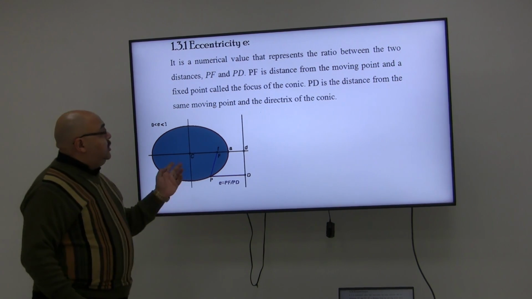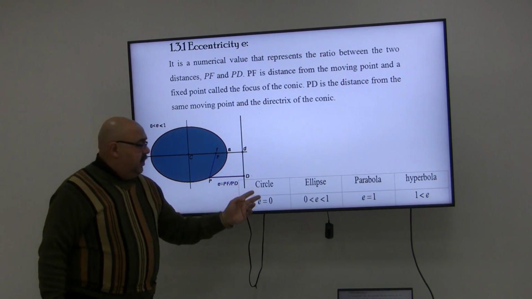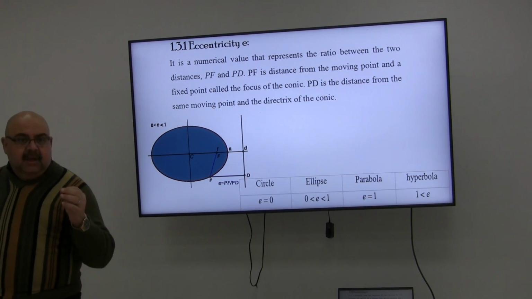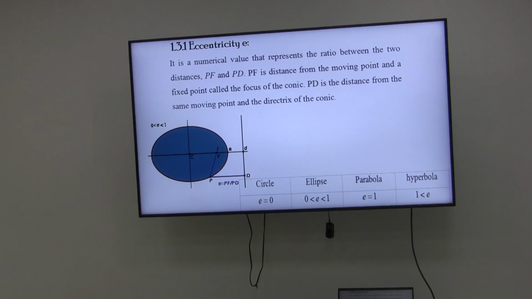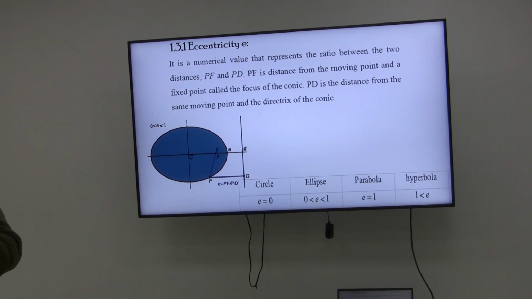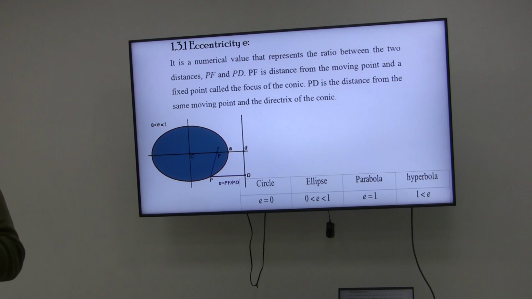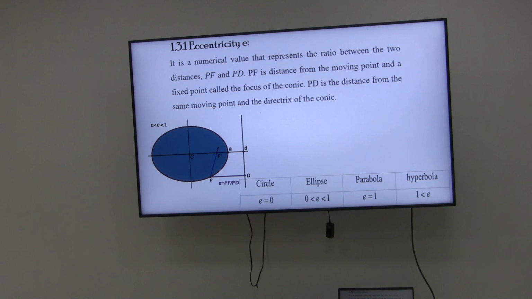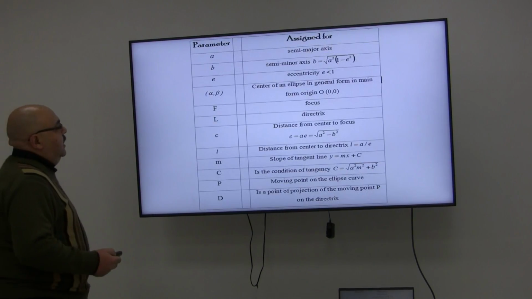That's the equation of an ellipse as I told you. The circle has no eccentricity. The eccentricity must equal 0, because simply in circles you have one center. So there is no eccentricity. But in the ellipse and the hyperbola, you will have 2 centers actually, or 2 foci, which is a movement from the center to another point. But in the parabola, you will have also a focus, because simply parabolas don't have a center. So that's the eccentricity as I'm telling you.